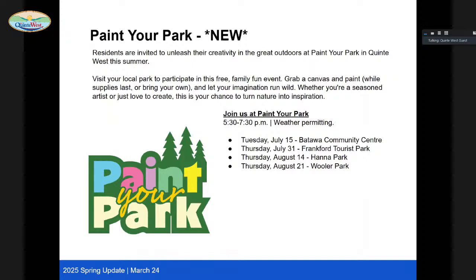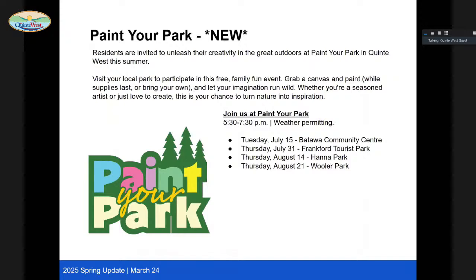So families, caregivers, parents, children, artists of all ages and abilities are welcome to come to the park, where they will receive a complimentary canvas, some paint and a paintbrush, and they'll be welcome to engage with their surroundings and paint what they see, whether in their head or in real life, for the opportunity to have the creative canvases showcased on our online engagement page, getinvolved.quintewest.ca, throughout the summer.